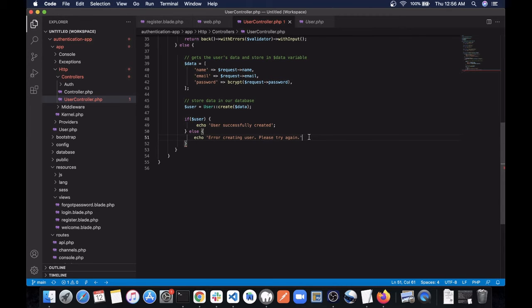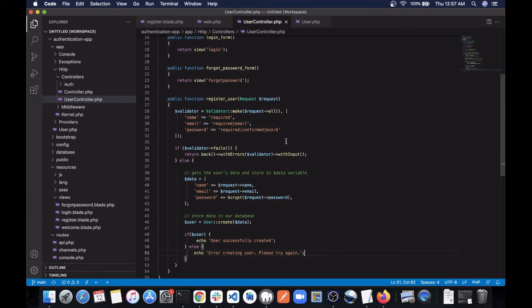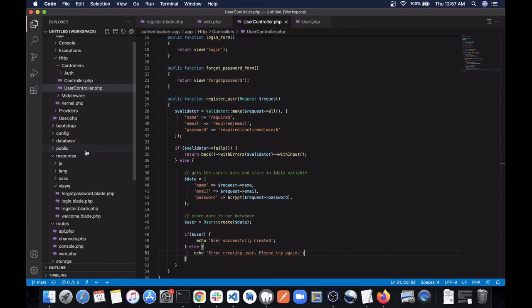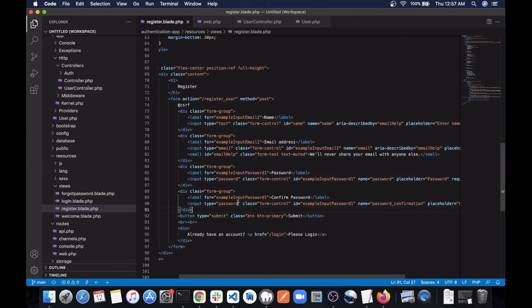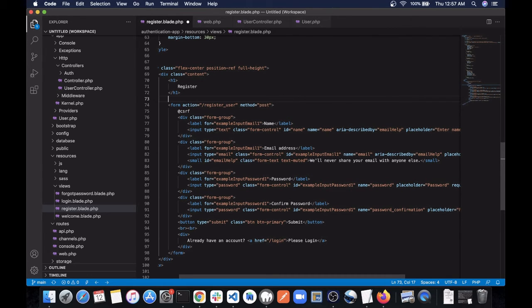Now we're going to do something. So let's go back to our form. We need to do something. Let's go back to our registration form, which is this register.blade.php. Then the next thing we're going to do is we should be able to display the error messages to the user if validation fails. Now how do we do that? It's very simple. We're going to do this as if